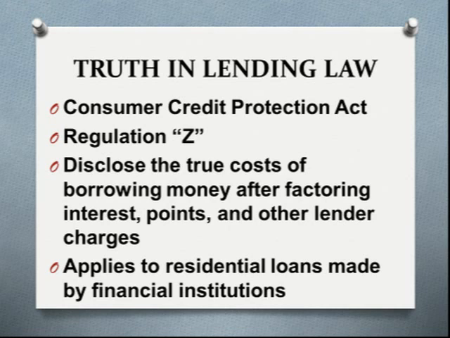First of all, Truth in Lending. In the Federal Reserve System, it is known as Regulation Z. And what the Truth in Lending does is it requires lenders to disclose the true cost of borrowing money to borrowers. It also is supposed to prohibit bait and switch.